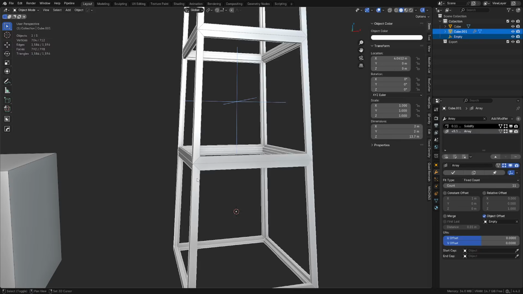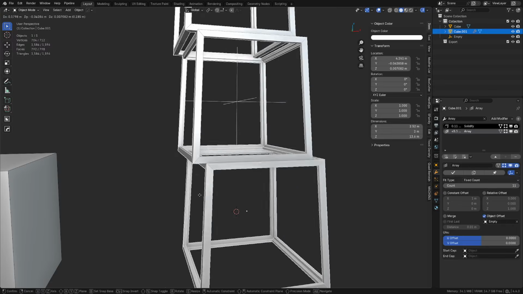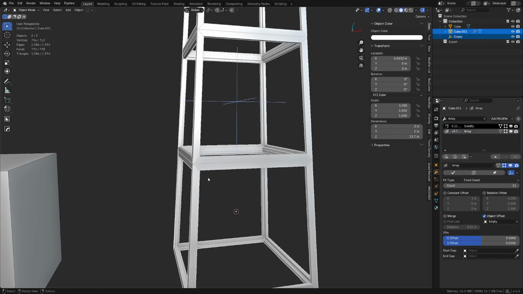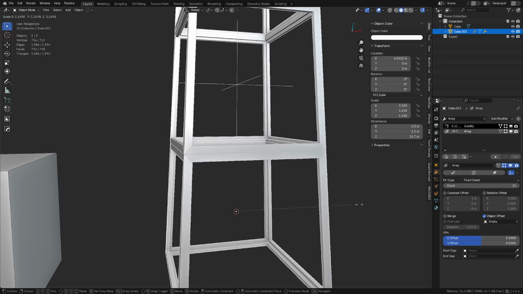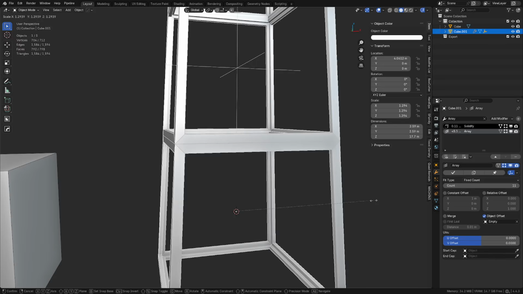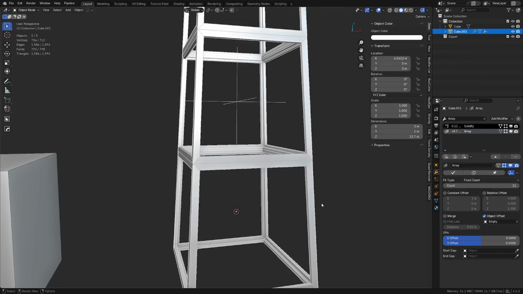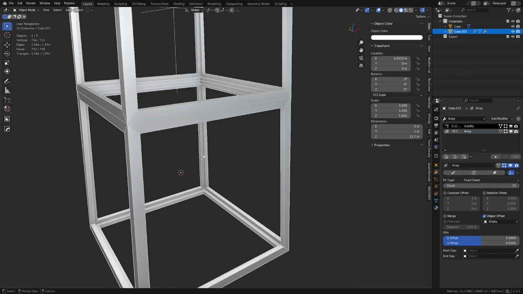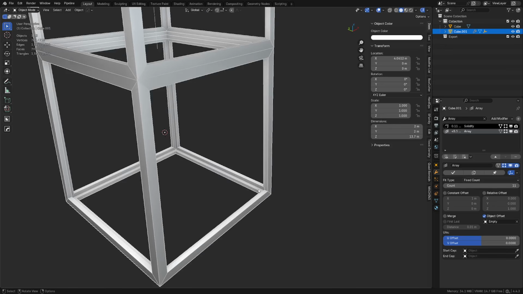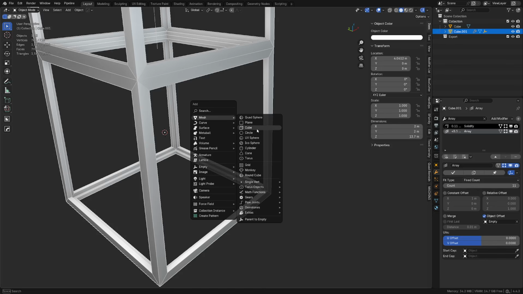If we had parented this, you see, it doesn't move. If we parent this to this and we hit Control P, parent object keep transform, and now we scale, the whole thing will scale. Okay. So this is something you might have to end up doing when working on these types of props or objects for your scenes. It's a little bit of a runaway train. It's not that fun to deal with, but